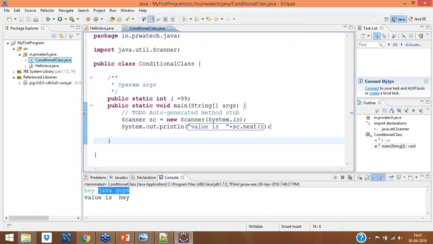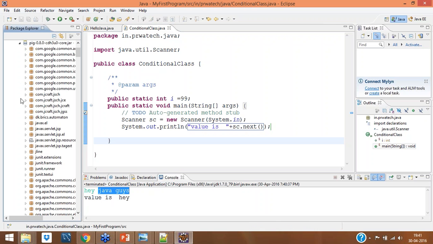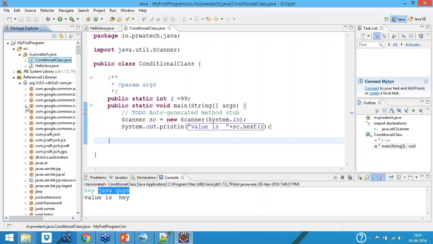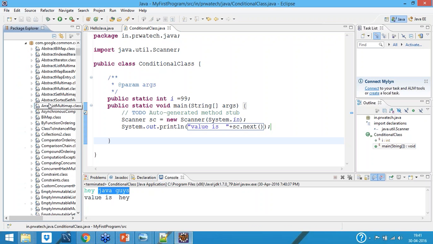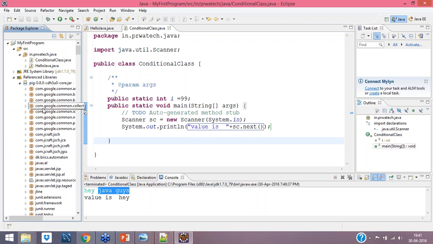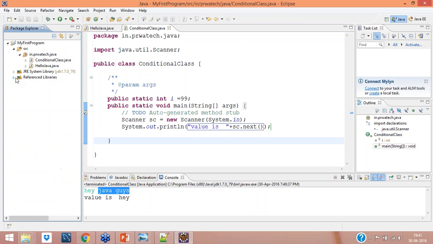So you just have to look into how things you require, because everything is available. Even you will see Pig or Hadoop or something, you will have all this information. See, all are available. All jar files, all packages are there. You can take anything inside. These are already there, in class files. Java is very secure. If you want to use any particular class, you can use it. So this is all about how to create it.